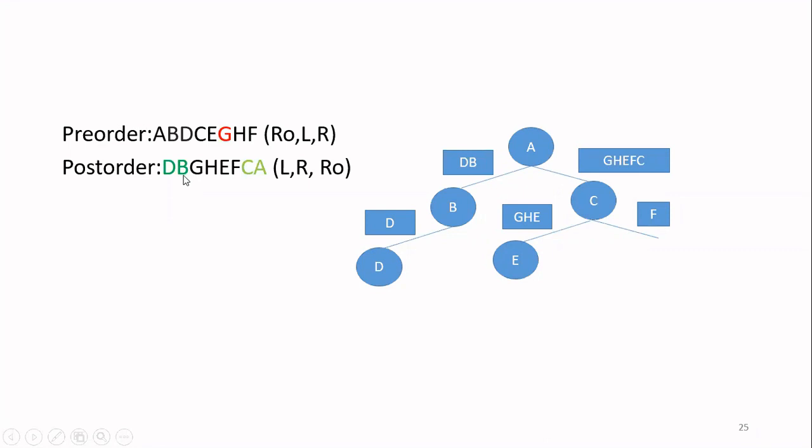Now you take this node G, go to the post order. Then start from the left, and whichever comes till G, including G, that will be the left subtree. So here I am starting from the left. Already D, B are over, so I have only G. Okay, I reached this G now, which I identified as a successor.